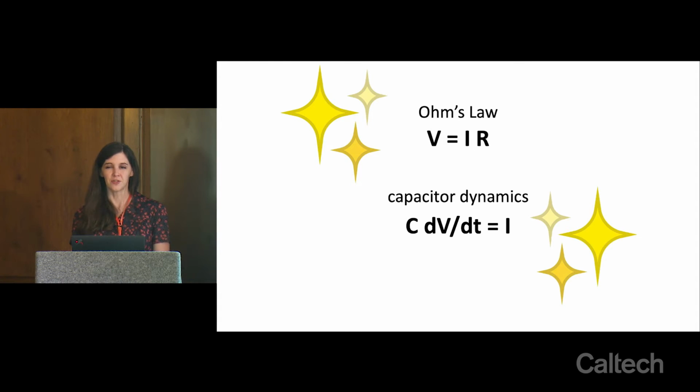So if you know these two equations from your freshman undergrad electricity and magnetism course, then you can do a lot of modeling and analysis in neuroscience, and you can get yourself pretty far just based on these two concepts and thinking about how to apply them to what neurons in the brain are doing. So I'd like to go through building up these concepts into a model of what a single cell is doing when it receives injections of current and what the different currents across the cell membrane are doing. And then we'll talk about ways of simplifying that down and interpreting these dynamical models.